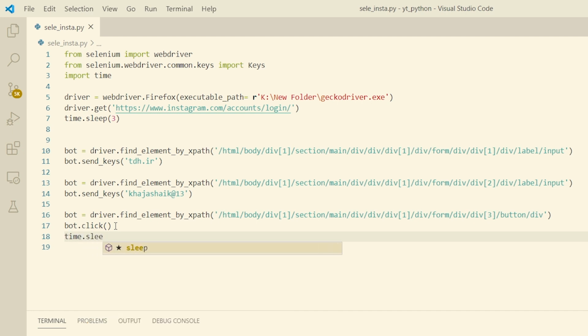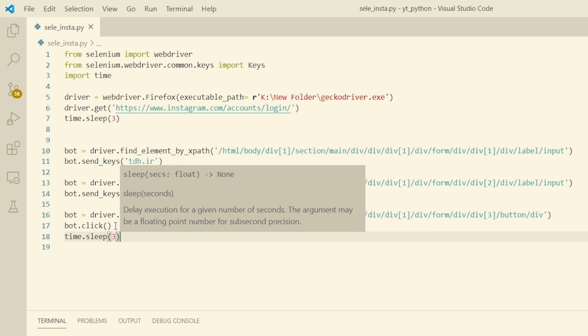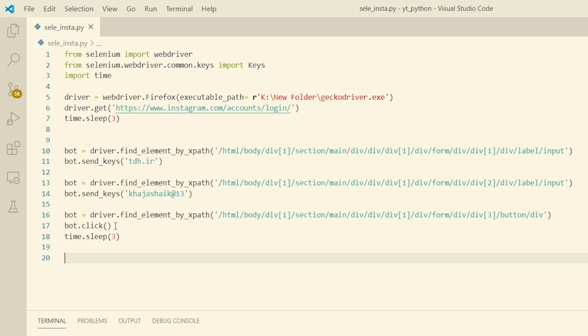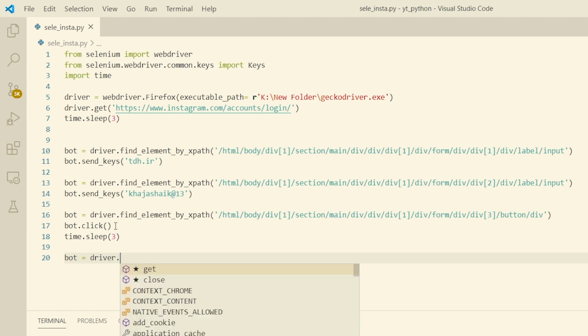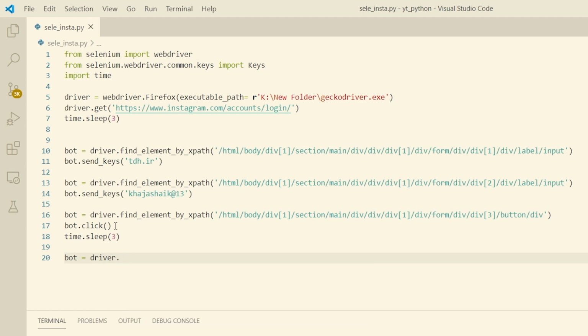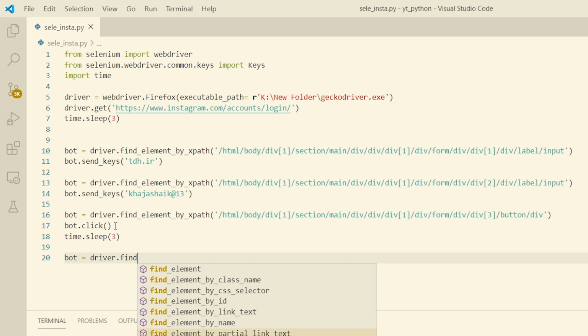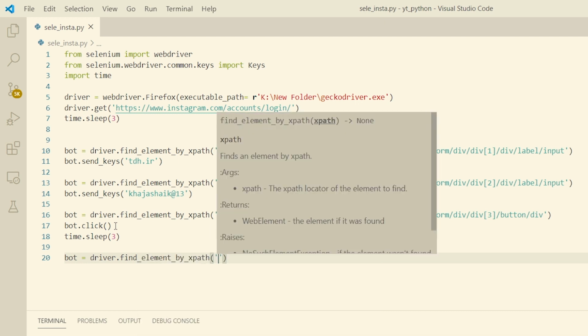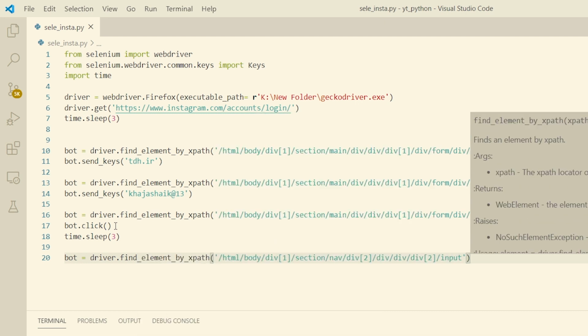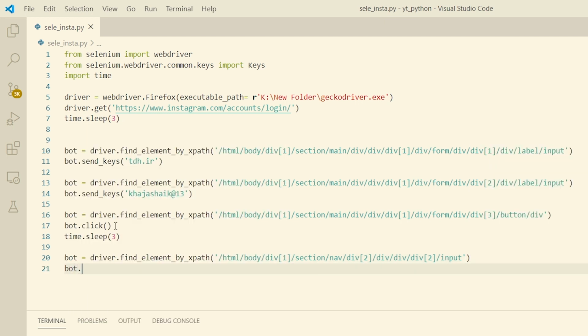Then we will wait for 3 seconds again. Now we have to search, find element by XPath, and this is for the search button, right? Now bot dot send keys.